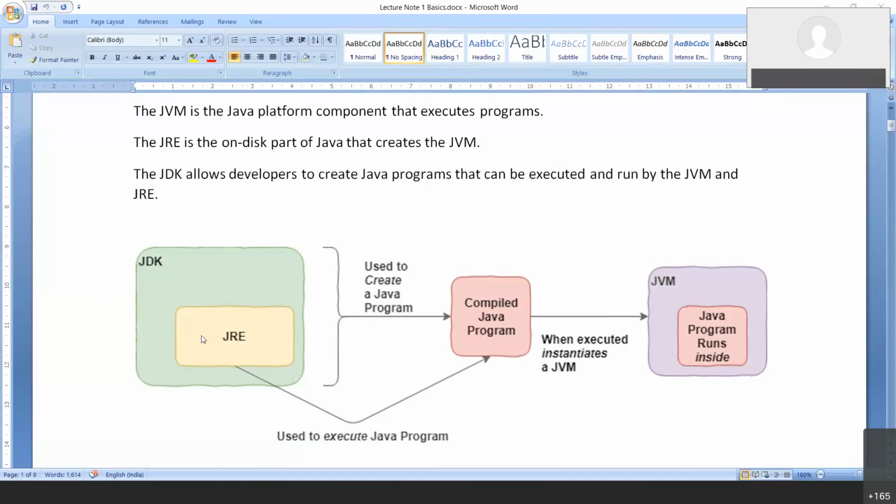So what was yesterday's program? Yesterday's program had a keyword called class. Then we had public static void main.